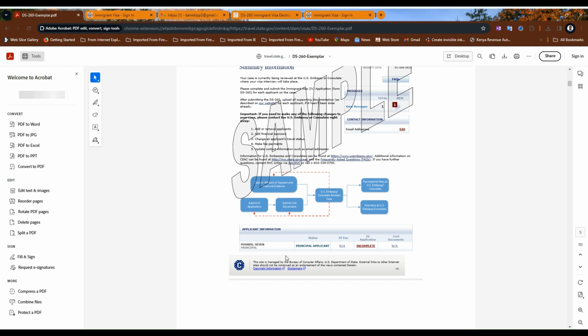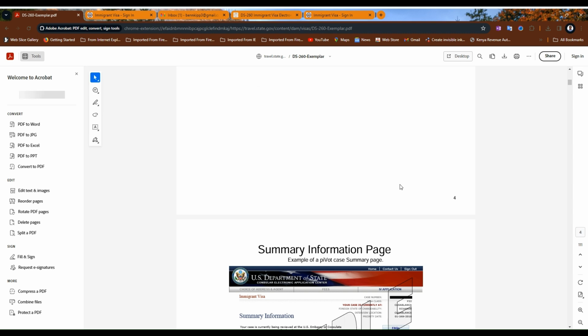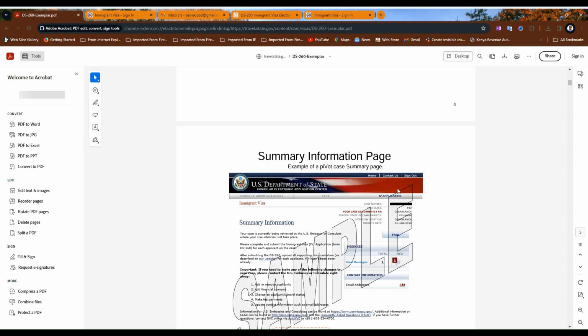So on this section, if you have 3 family members, the list will be there, and the status will be shown either as incomplete, not started, or complete. It is very important. So guys, I want you to familiarize yourself with this document. You can go online and download the DS260 Exemplar PDF so that you may know what to fill. Just explore this PDF. You can get it online. I'll also leave a link. And also, when the results for DV 2025 are out, I will show you step by step how to fill this form